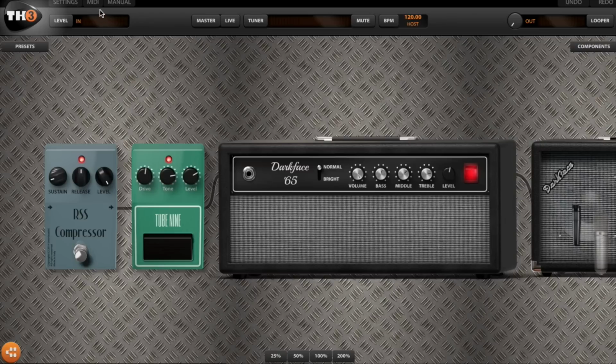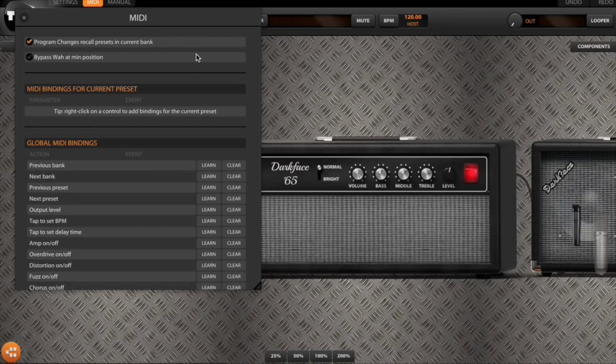And for that, we're going to click on the MIDI option. This will bring up a window, and you're going to see two main types of MIDI bindings. There are MIDI bindings for the current presets and global MIDI bindings. Global MIDI bindings are MIDI connections that are going to work across all the different presets that you have installed